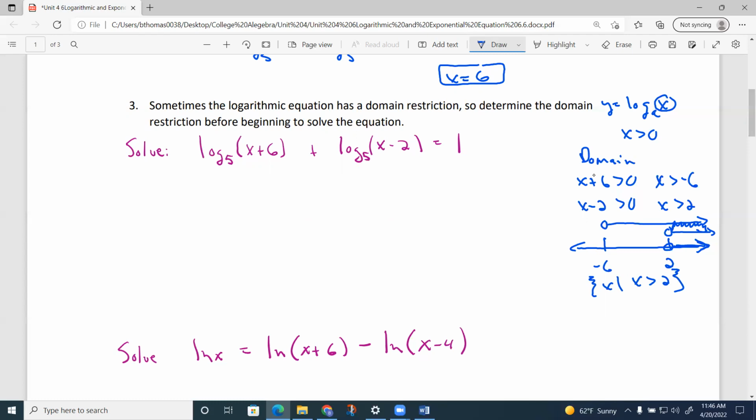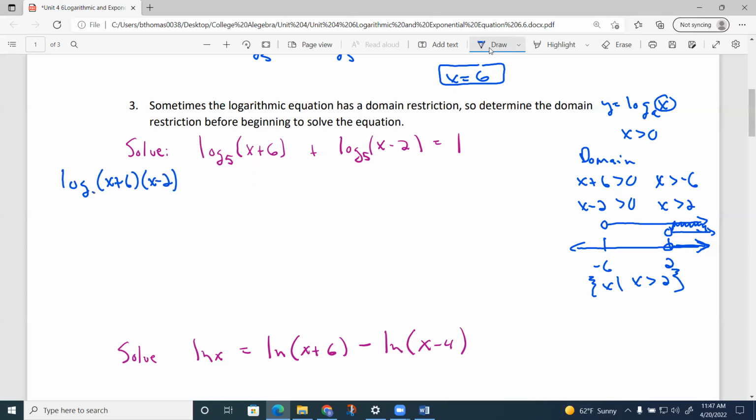So now we want to try to figure out how to solve this logarithmic equation. Since this is addition, I can rewrite this as a single logarithm. If we have a sum, we can rewrite it as a product of the two things we're taking a log of, since the bases are the same. So this is going to turn into the log of x plus 6 times x minus 2,